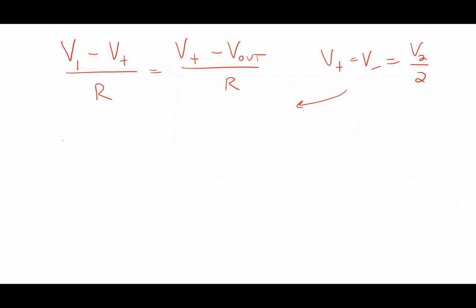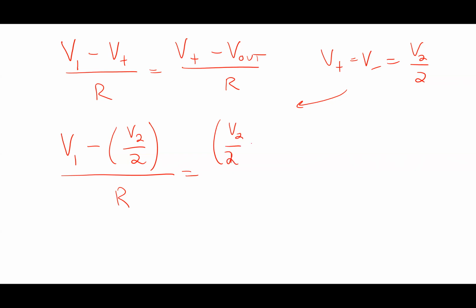Plug that in here: V1 minus V2 over 2, over R, equals V2 over 2 minus V out over R. Now, if both sides end up being over R like that, what's that mean? The numerators are equal to each other, right? So the over R's disappear, right? And if I do this,